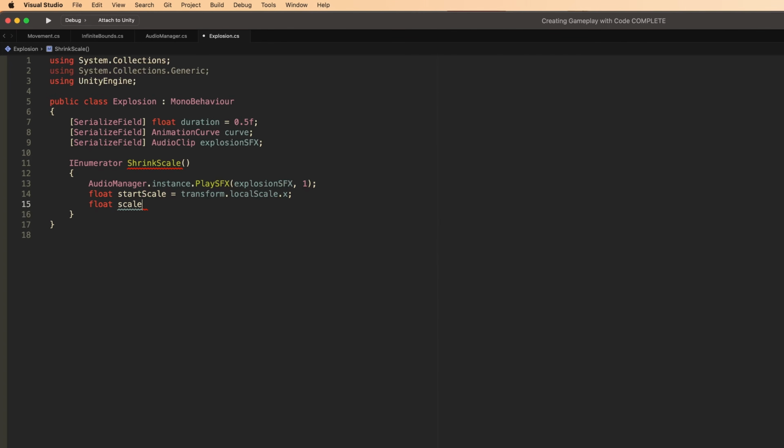Then I'm going to create a float that's just called scale. That will be the scale that's changed over time. And then I'm going to create a float that is the timer. That will just keep track of the lerp as we move through it. So, got all the bits ready. So while timer is less than duration,